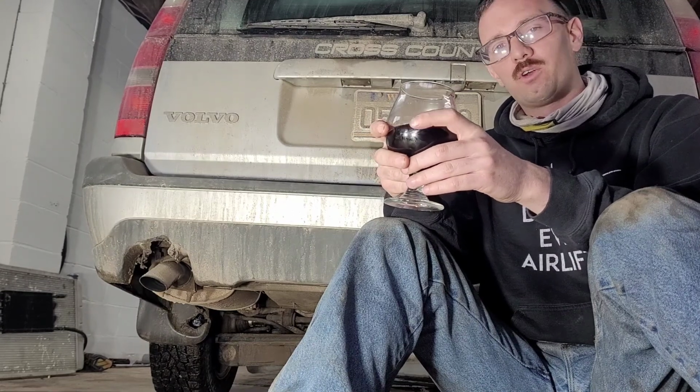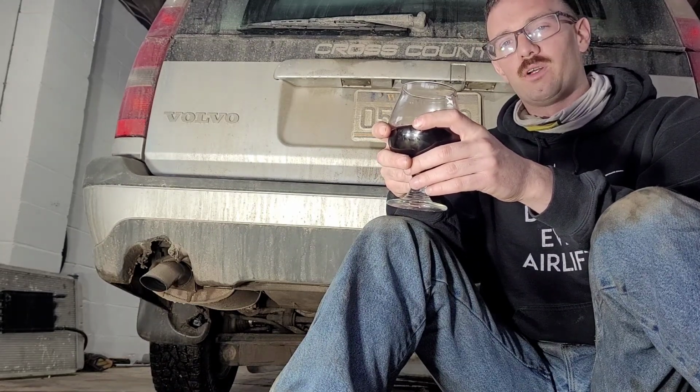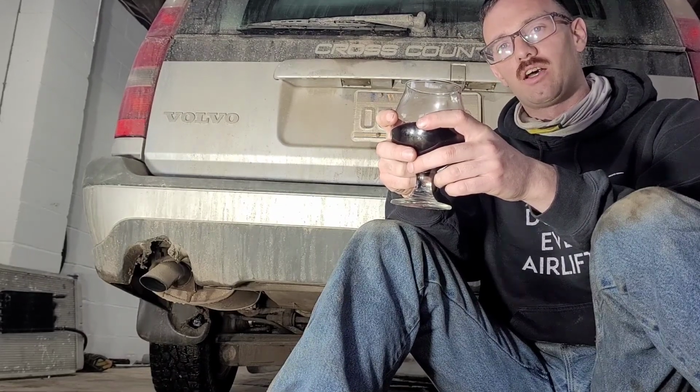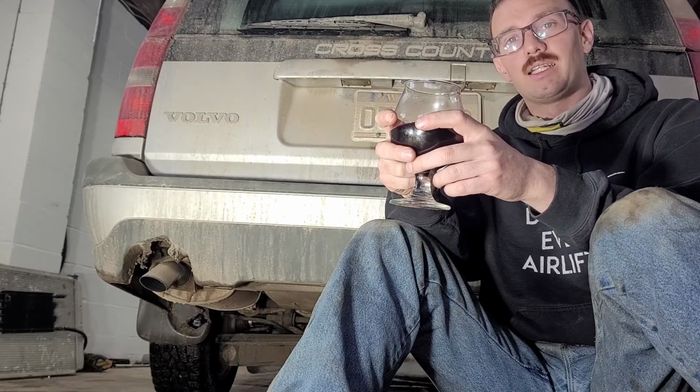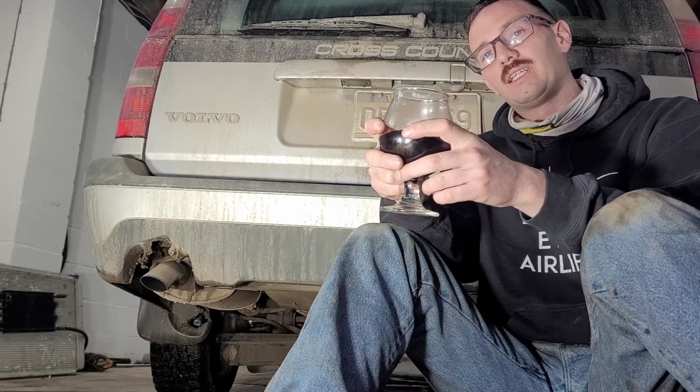Now, on a front-wheel drive P80 chassis car, there's an access plate where you can get to the fuel pump assembly or the sending unit assembly through the plate in the floor. All-wheel drive cars did not get that. And what most people do is cut a hole in the floor on the passenger side underneath the seat cushion on the front side of the panel. And that's what's actually been done to my 1998 V70R that's sitting out in the driveway